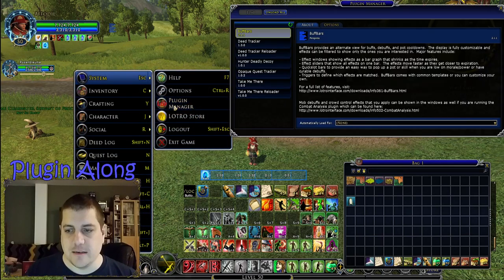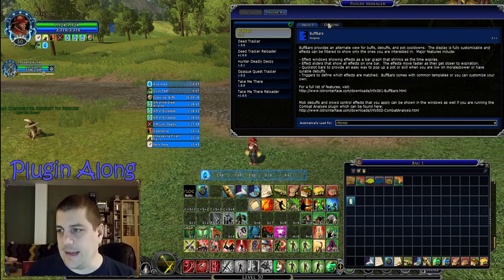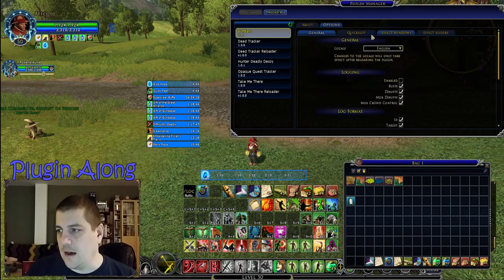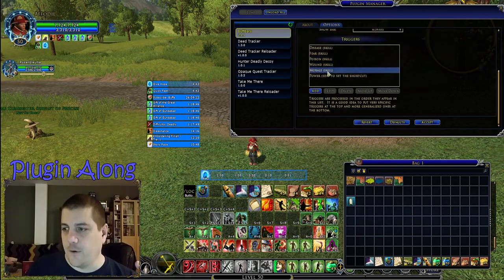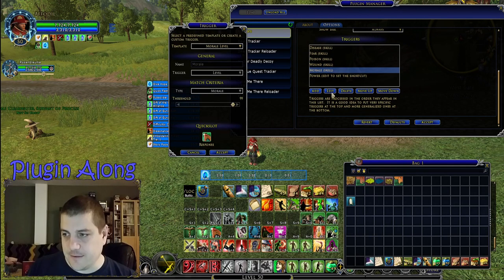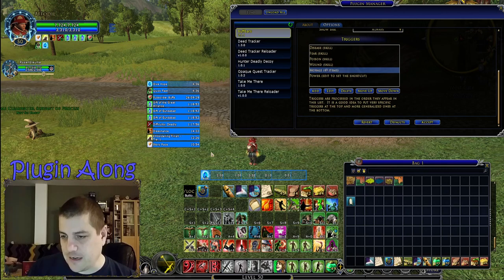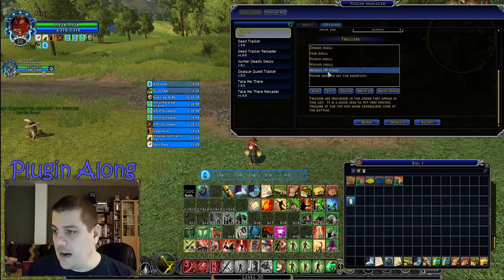So we'll come in here to the plugin manager, and in the options, quick slot for morale, because we know how to trigger that, or now I know how to. Let's just drag in my potion. I got plenty of them. They keep dropping. As a minstrel, I don't use them as fast as I get them, so it's fine. Oh, 49 items. That's cool. And then,